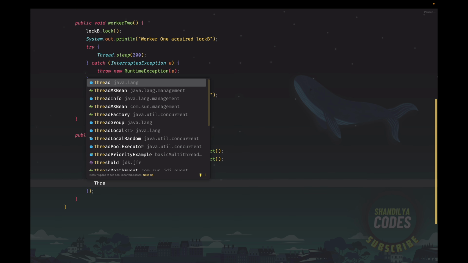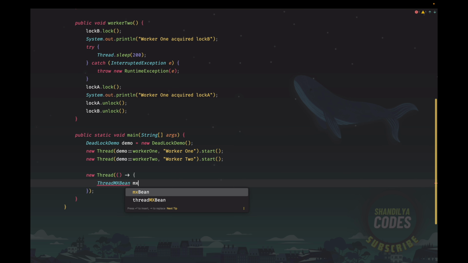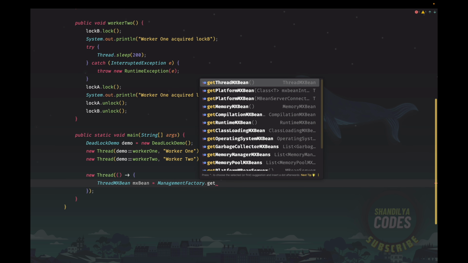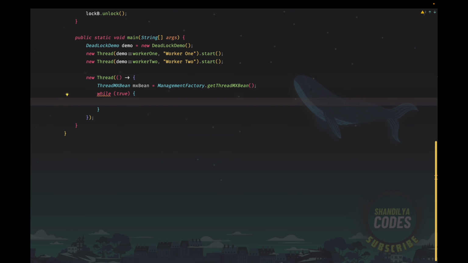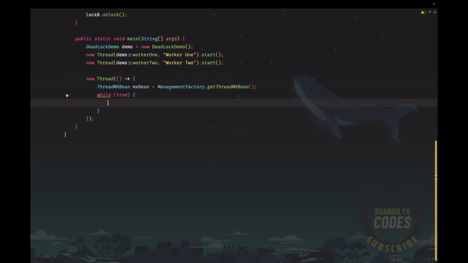So the first thing is we have ThreadMXBean. Let's call this mxbean, and it provides a management factory using which you could create the ThreadMXBean, and while true, what we can do is we can say mxbean, find me all the deadlock threads. It will return an array of long, which are basically the thread IDs,